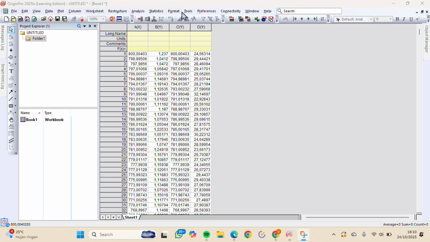After that, we write the label in the long name in columns A, B, C, and D with the long names like in this video. And in columns C and D, in the fx section, we also input the formula like in this screen. After we apply the formula, the data automatically adjusts according to it.